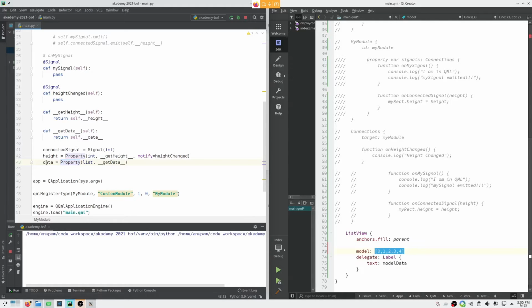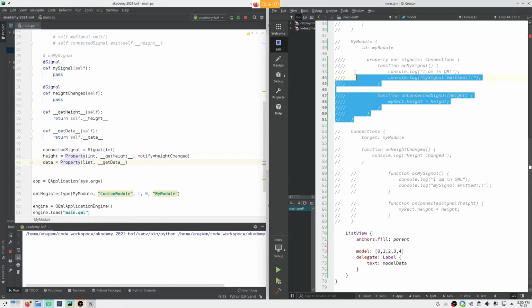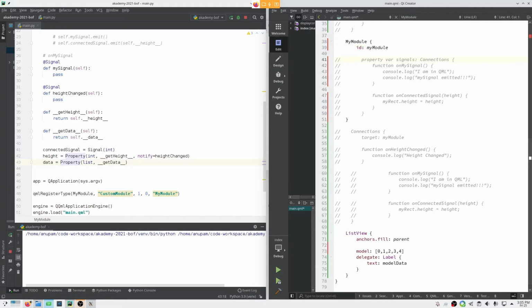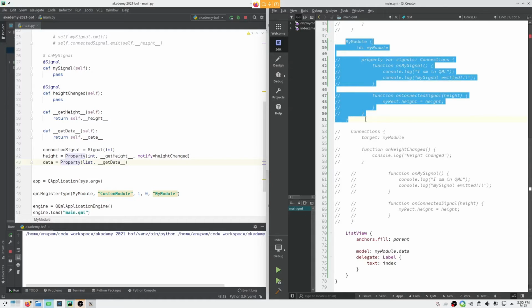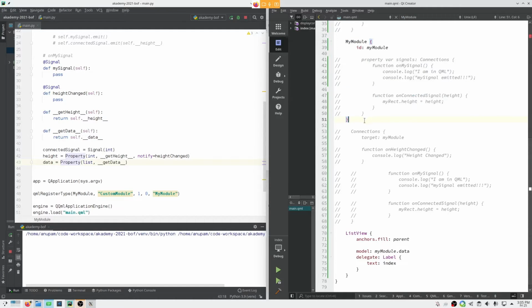So we already defined that property here, which should return that Python property. What I did here is I accidentally commented out this my module component.